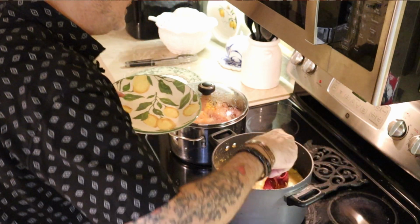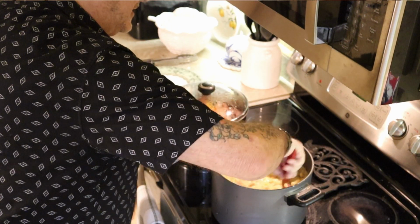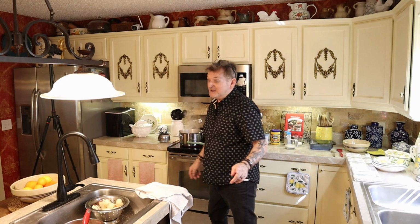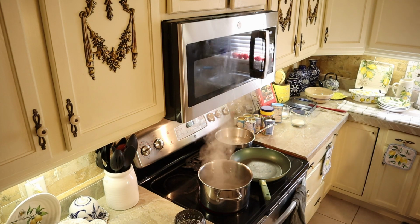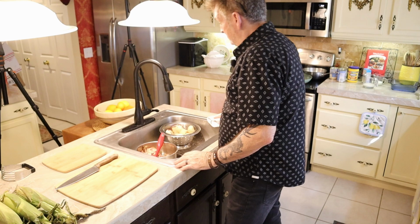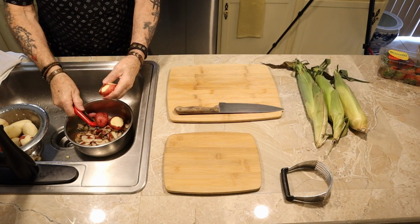Okay, the first thing I want to get done is my custom-made chicken corn chowder. So that's going to be first. Let's get it going. I've got the oven ready, 2 boiling pots. Okay, so what I've done, I've got the red taters, and we peeled a bunch of them,